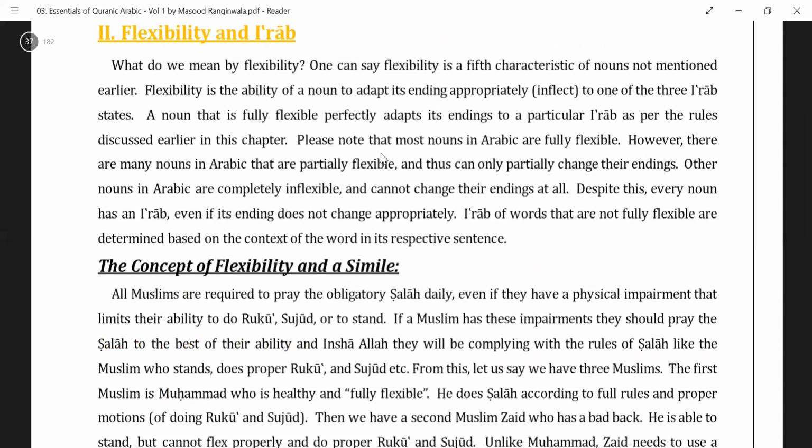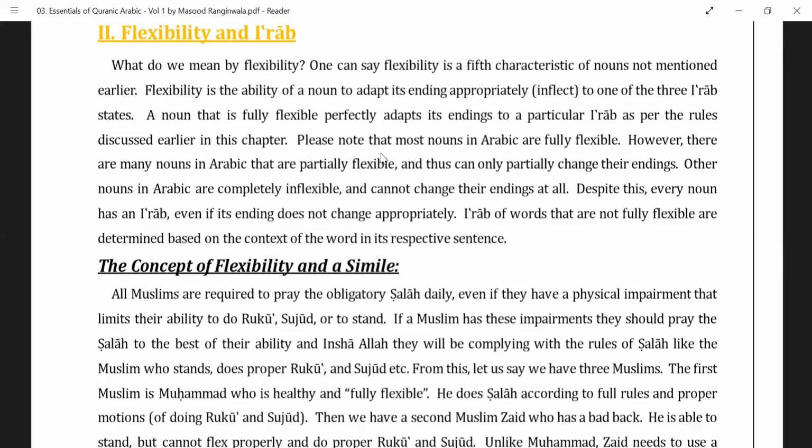Okay, flexibility I just covered in brief. Right now I'll just go over it again. What do you mean by flexibility? Flexibility is something about nouns, which is how the noun is able to move or mold for i'rab. Is it completely adaptive to all the three i'rab, rafa, nasb, jar, or no? Some are fully flexible, some are partly, and some are inflexible. They don't change at all. Now, even if the i'rab doesn't move, in the sense that when you look at the word you still see it the same, when you do grammatical analysis,